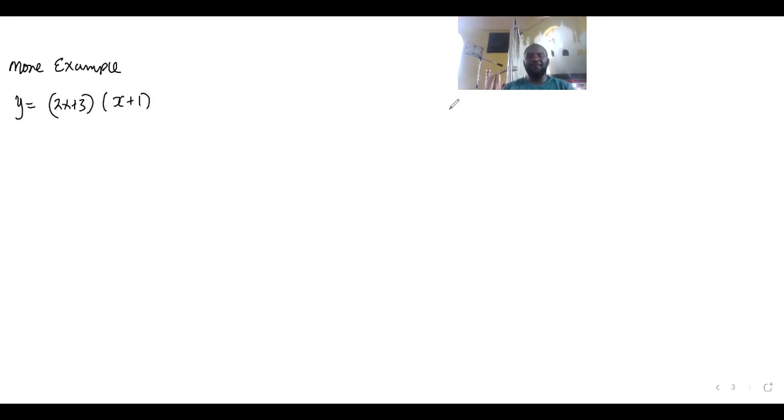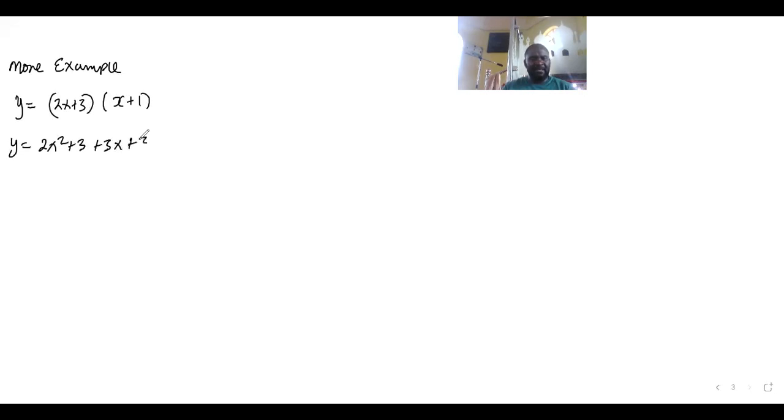Okay. Furthermore, more examples. Now, I think the first properties are all covered. The next example is going to be in terms of product rule. For example, 2x plus 3 and x plus 1. This is okay. Very clear. Everyone can expand. So you can first expand, and we use the first method, which is 2x squared plus 3